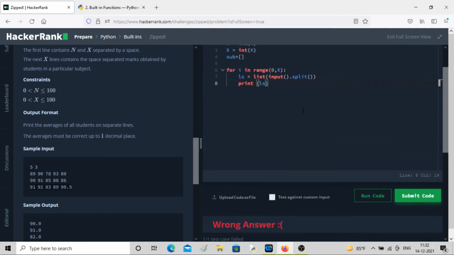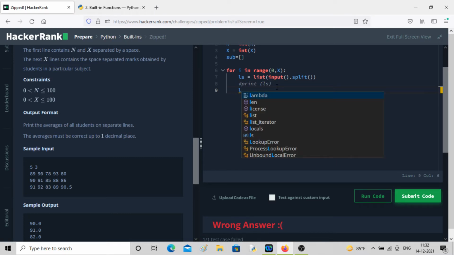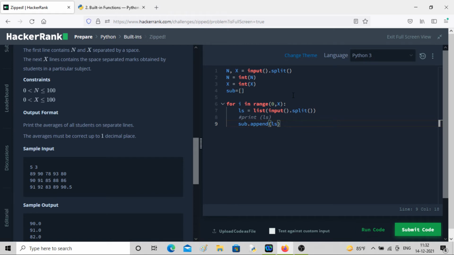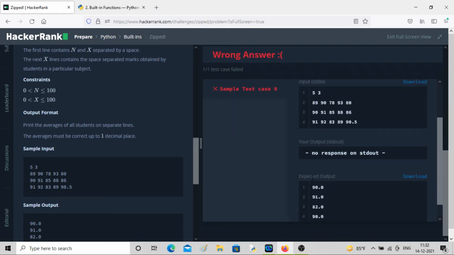So instead of doing this, let me comment this, and I'll do sub dot append. I'll append ls into sub, so that I'll have all the marks together. Separately we had, now we'll have them together.